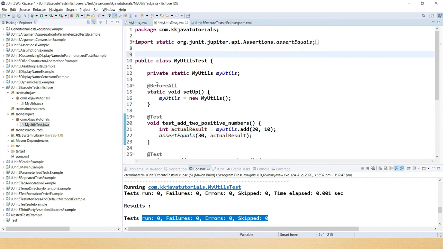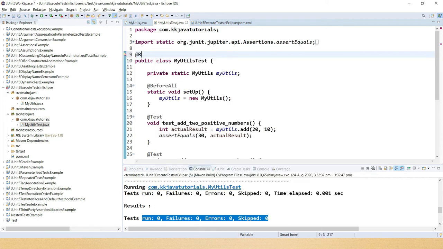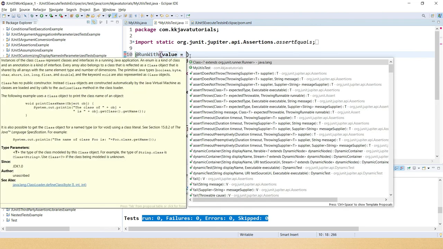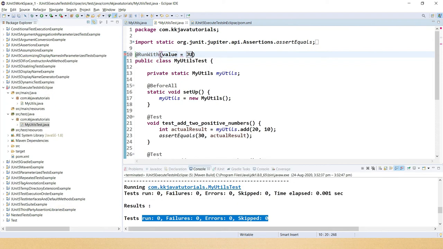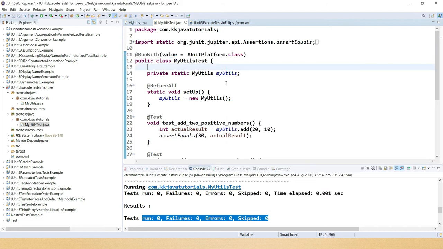Now after commenting out this one, one thing optionally you can do is go to the test class. If you are writing a test suite, which I already explained in one of the videos, then your class has to be annotated with RunWith, something like this. Even a test case you can run with RunWith, and it has a parameter called JUnitPlatform.class. That optionally you can give, even though if you do not specify this class, this is going to run, but optionally you can do it for your test class. But if you write the test suite, then your test suite has to be annotated with @RunWith.